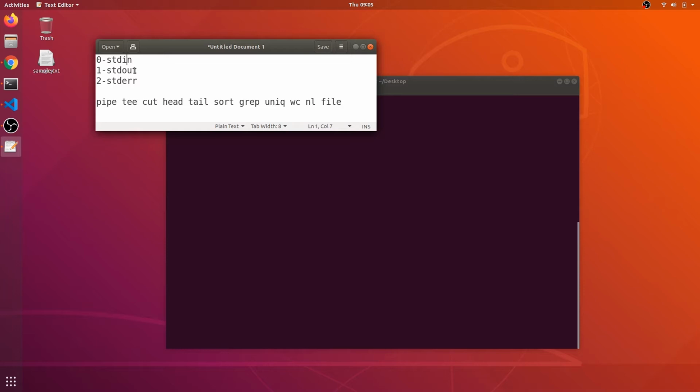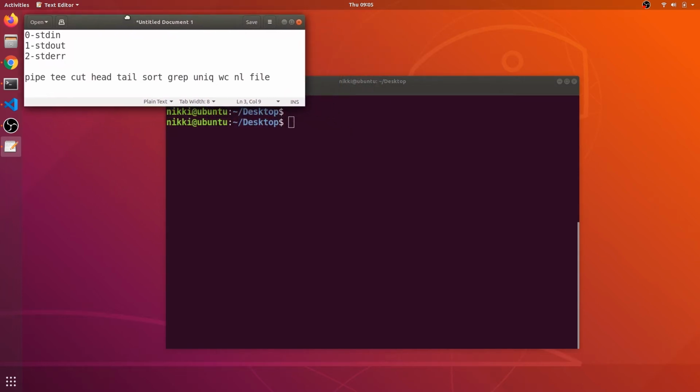If I type any command, I will get the output, and that output is pointed to by the file descriptor 1. And sometimes I may get errors because there is no such command or there is no file, and those errors are pointed to by the file descriptor 2, which is standard error. There is much confusion between standard output and standard error. Don't worry, we will discuss these three in this video.